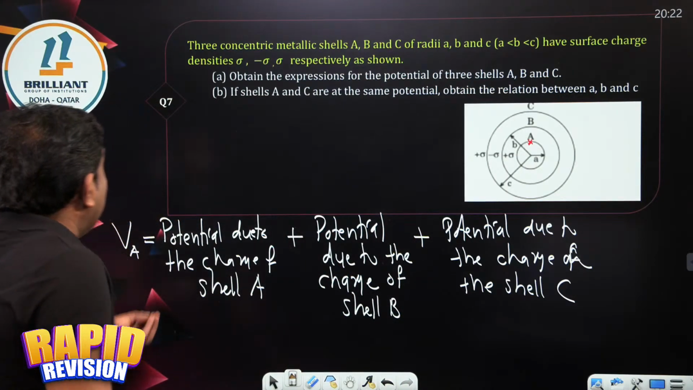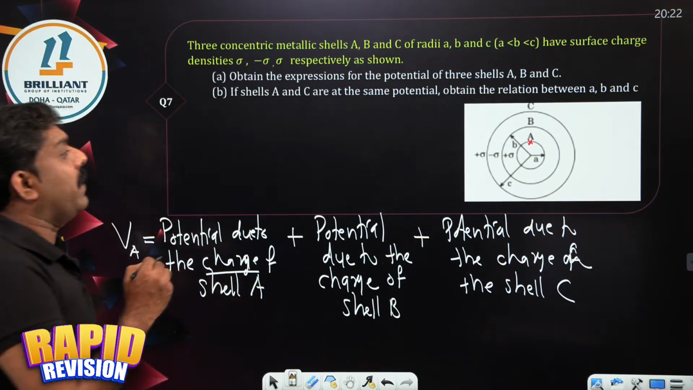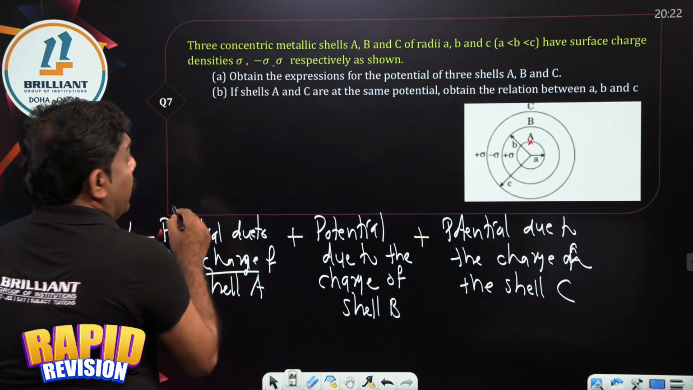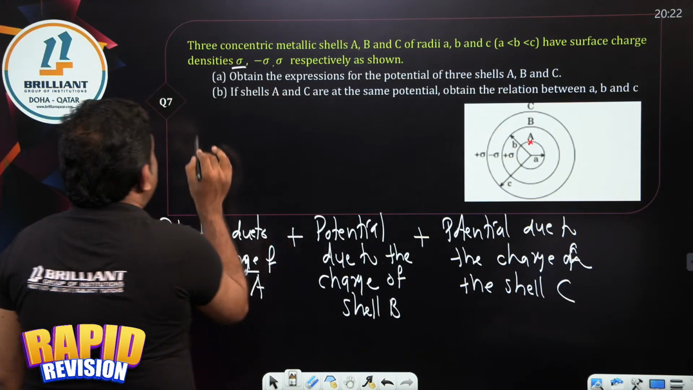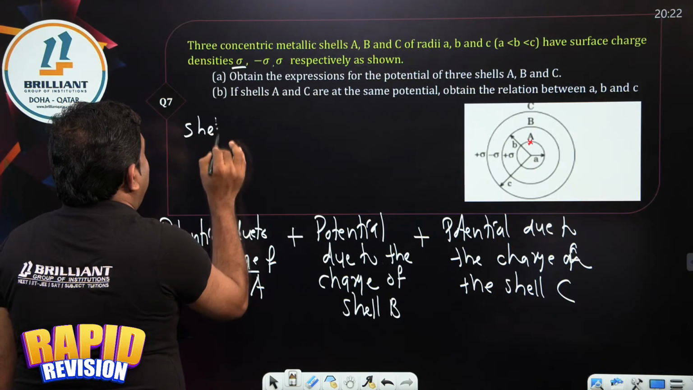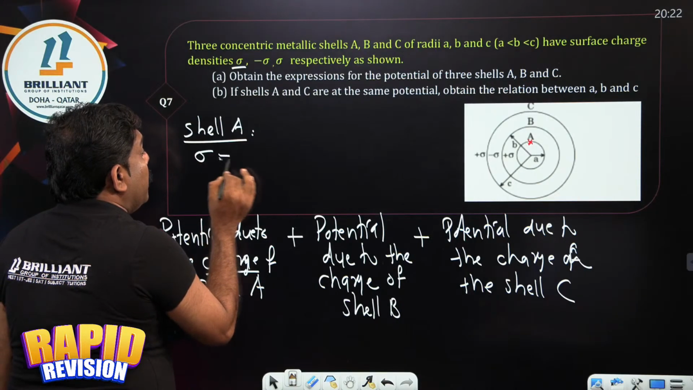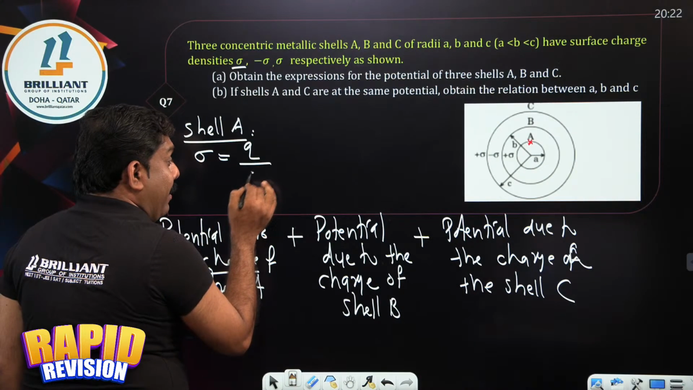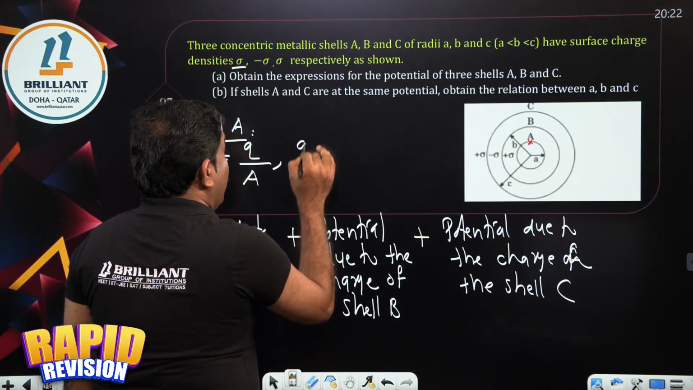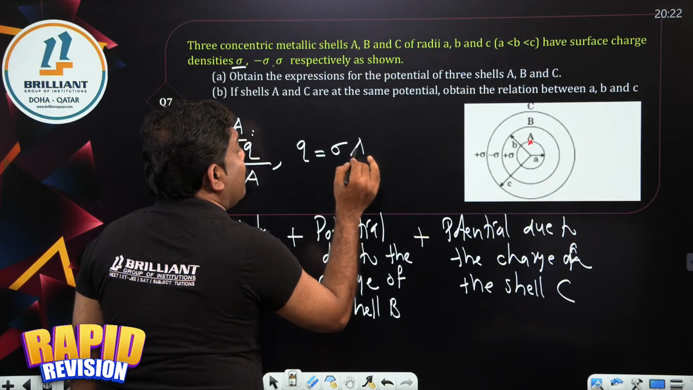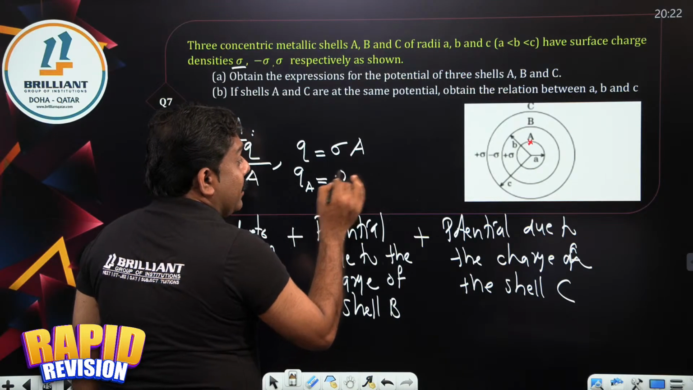So in order to find the potential due to the charge, I want to find the charge on each shell. So first of all, what is the charge on the first shell? Look, sigma is given. So for the shell A, charge density is equal to charge by area. From this idea, Q is equal to sigma into A. So now QA, the charge on the shell A, is sigma times